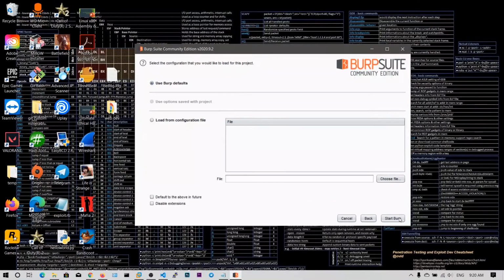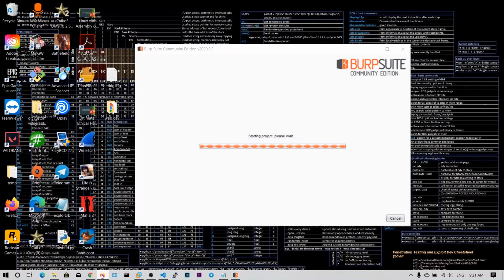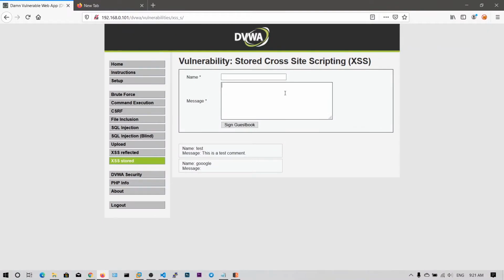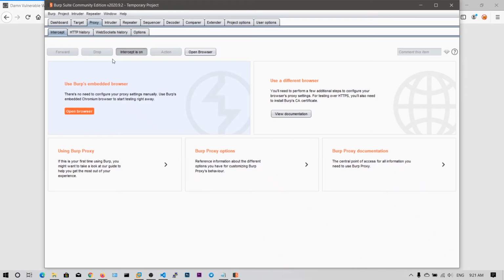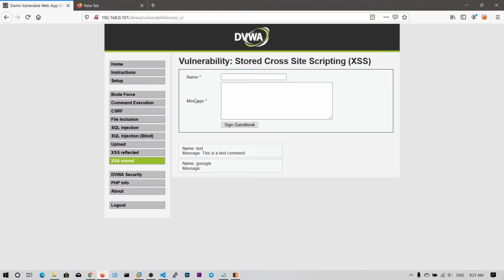So let me click next, start Burp. This is the best time to show you the Burp Suite, how to intercept. I have already shown you, but just in a practical way. Now my intercept is on. So whenever there is JavaScript like this on the client side, which is not allowing you to type some characters, you can just intercept it via Burp Suite.